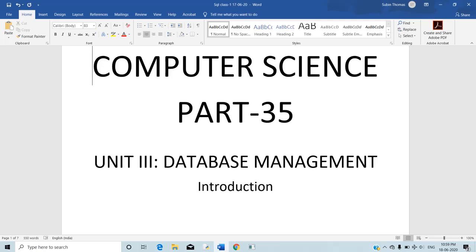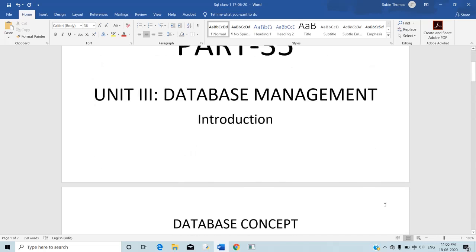You will get a 20 mark question from this chapter or from this unit. From Python, you will get a 40 mark question, from database management you will get a 20 mark question, and 10 marks from computer networks, that is another theory chapter. Now, we studied MySQL last year itself. The same thing is coming over here.